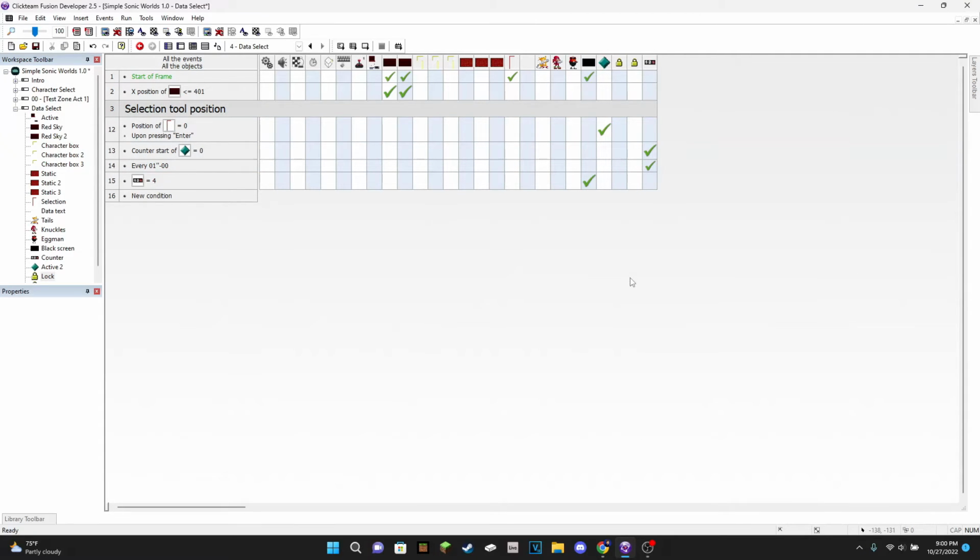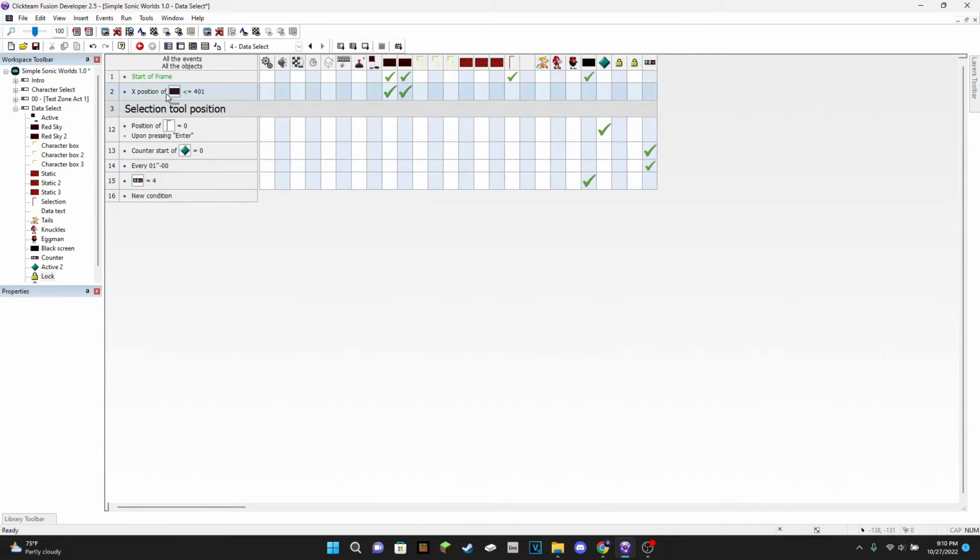So if you want to do that, that's simply how to do it. But if you followed along with the tutorial in the past 2 or 3 minutes, then you will have made this whole system here which adds a 4-second delay. So now let me go get the sounds for the game, and then we'll add sounds into this. Okay, so I'm back with the sound effects we will need for the Sonic.EXE data select screen. I have the music that we will loop for the data select screen and Sonic.EXE's laugh for when you press